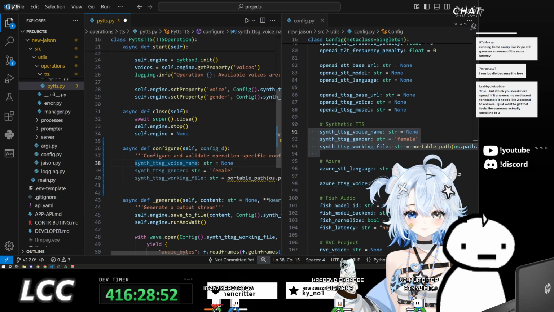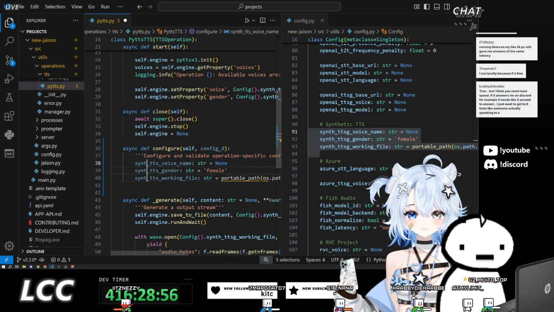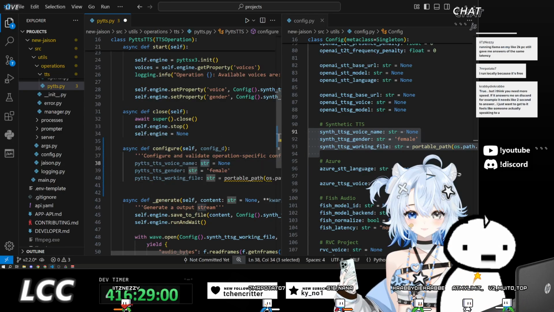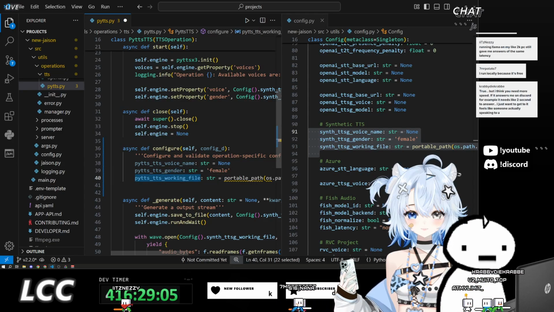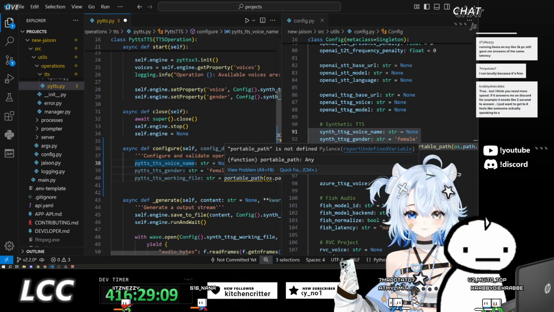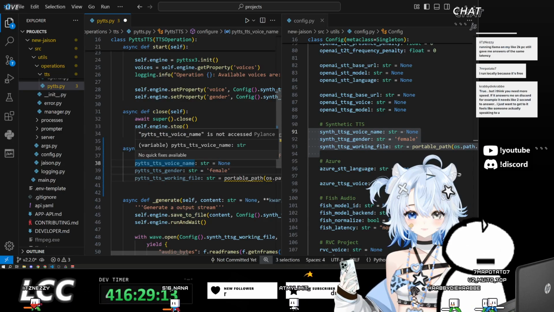So we have synth TTSG. I don't want to call it synth TTSG. I want to call it ITTS TTS. This will take in a voice name, our gender, and our working file. Our working file will just be, this is by default, but that's fine. 12 dots.